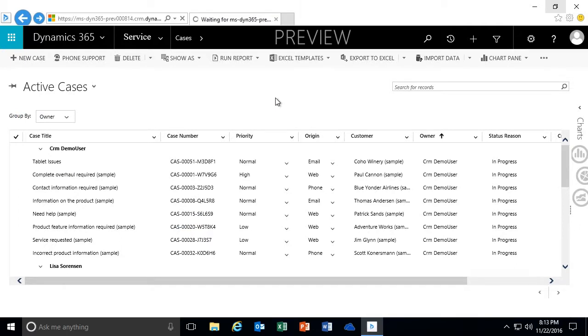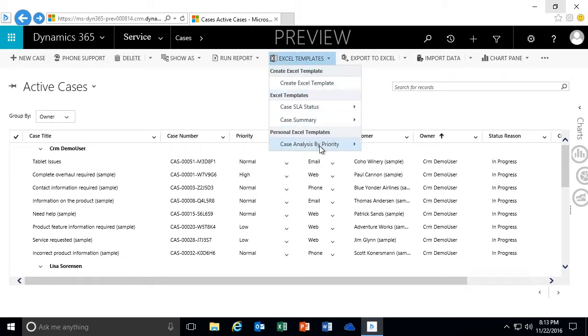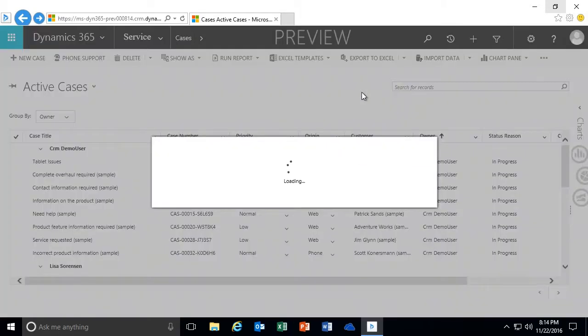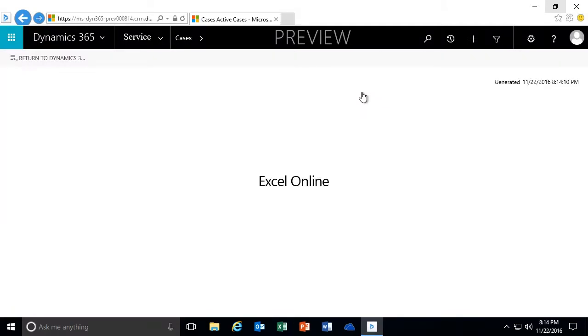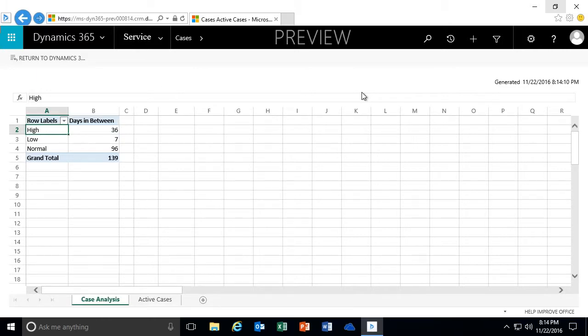So now, once we have that Excel template, when we go up to the Excel templates, you'll now see that it's created as a personal Excel template. Just like what we looked at with the system created ones, I can click on the Excel template and either choose to open it in Microsoft Excel Online or download it. So if I choose Open in Excel Online, very similar to what we saw in the other environment,